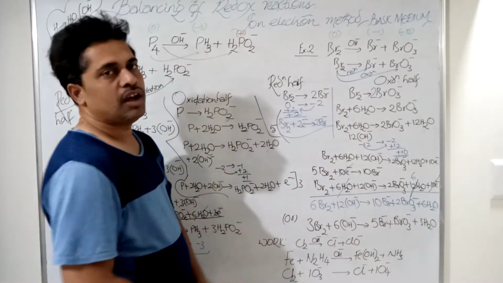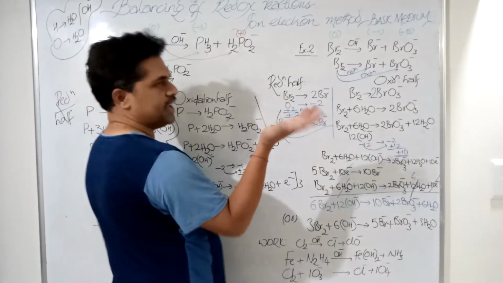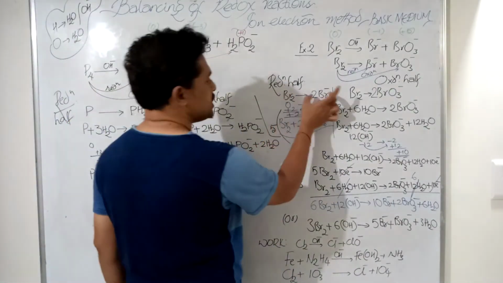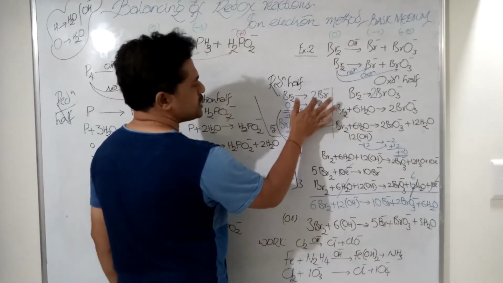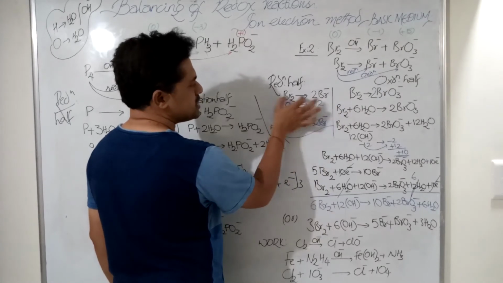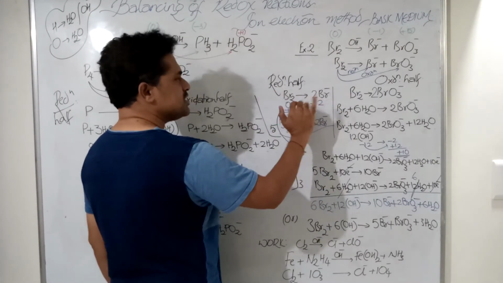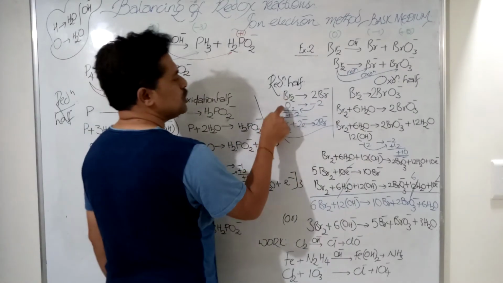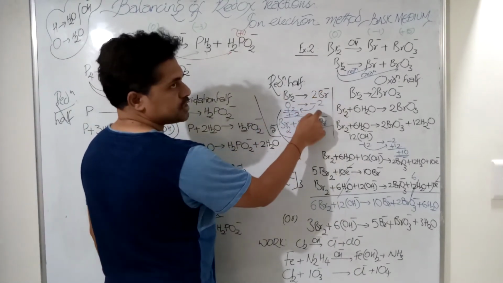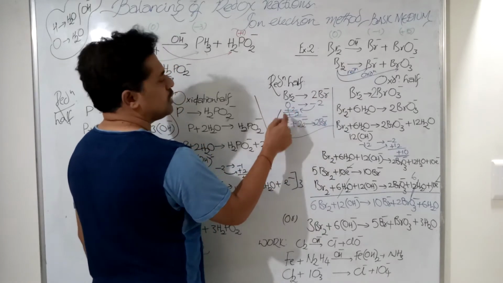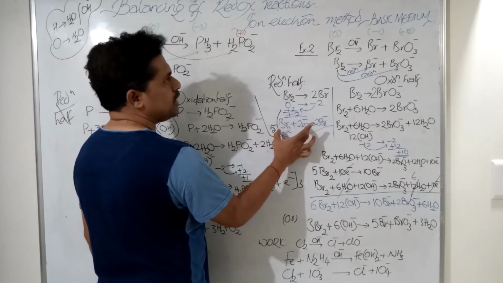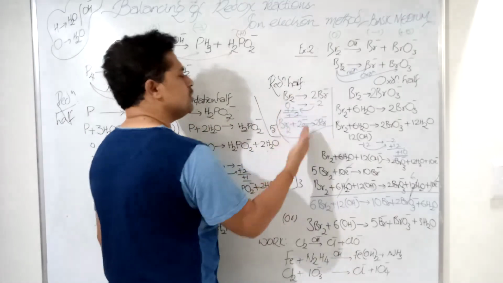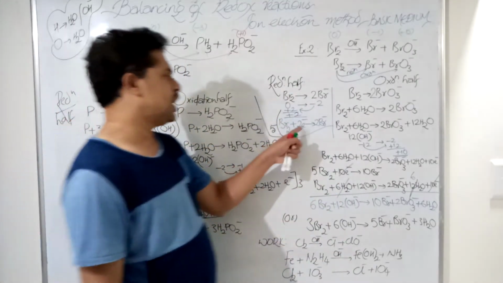Take separately. Now, for your complete idea, I am writing Br2 only, but I am not making Br. Okay, now for your idea, I am making Br2. Br2 gives rise to 2 Br minus because you are first balancing 2. Okay, 2 bromines are there, so you are making here 2. No oxygens, no hydrogens, done. Directly you are going to electrons. 0 charge, it's -2 charge. So -2 coming this side and it is 2. That means you need to add 2 electrons at the left hand side. Common sense point. Reduction reactions, always electrons will be given at left hand side. So you got 2 electrons here.